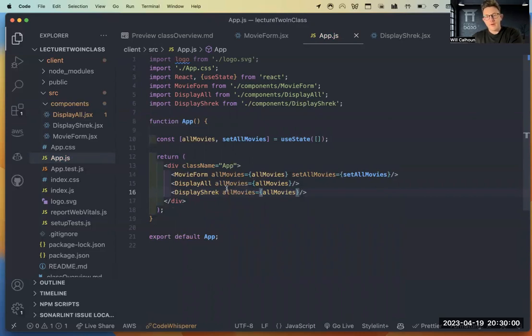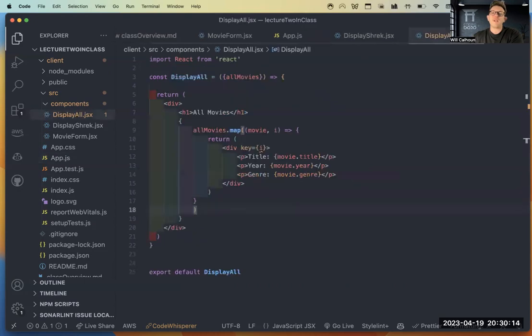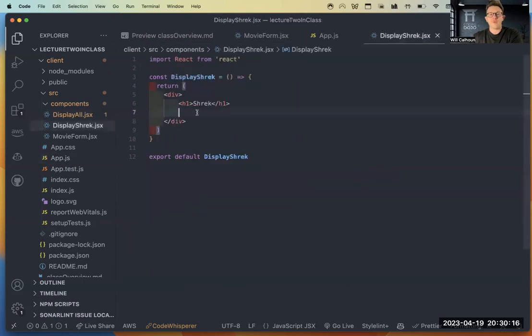And I'm going to have all my movies. And you're not really going to do it this way per se. There's going to be other ways we'll handle it when we get a database. This is just because we don't have a database yet. So trying to get that theory there is if I wanted to do that, I could say Shrek, display Shrek component.